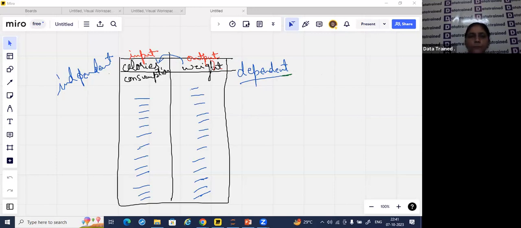Okay, so input and output, or I can give it as X or Y. I can give certain new terms to this dependent variable or independent variable. I can give this one as the explanatory variable. Explanatory variable. Input variable. That calorie consumption is an input variable, or it is an explanatory variable or independent variable. And to the dependent variable, I can give it as the response variable,